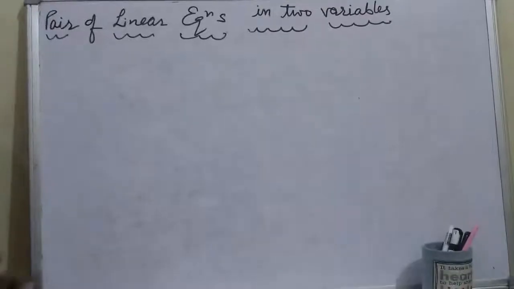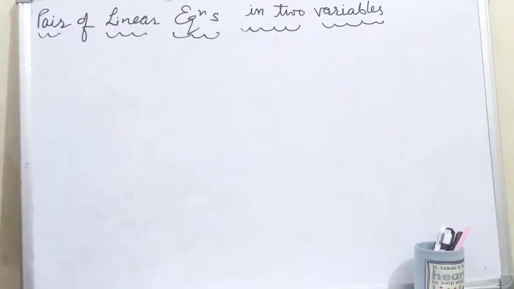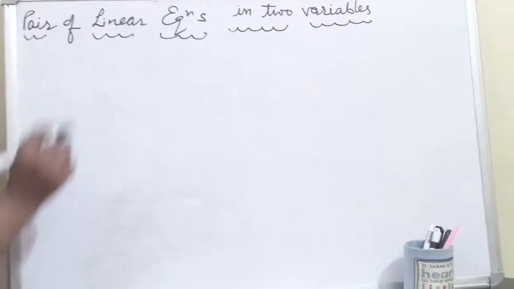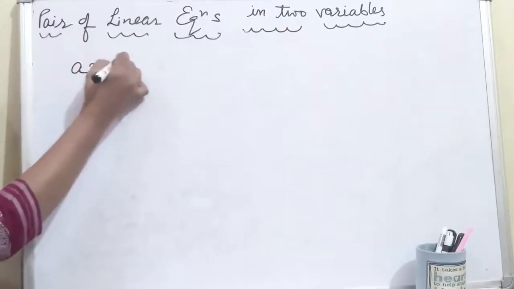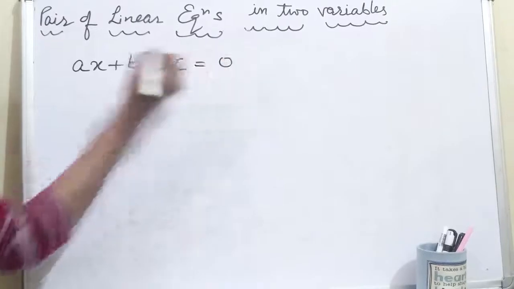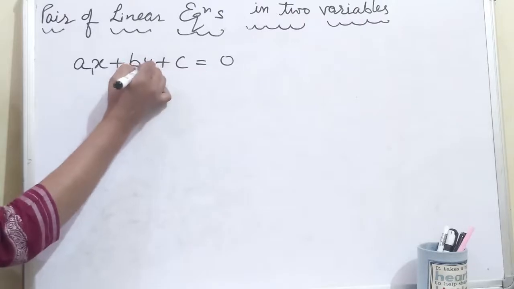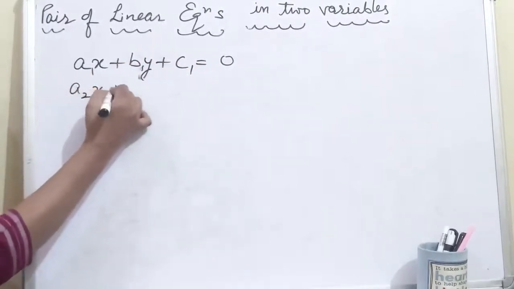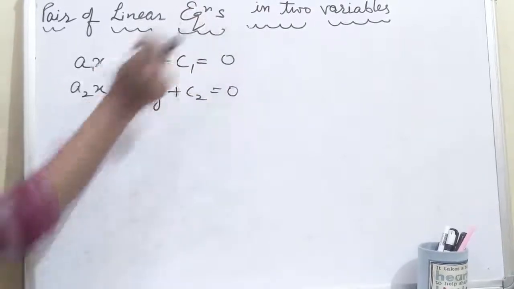Now we will talk about the graphical representation of linear equations. As I told you in the chapter on polynomials also, if I have a linear polynomial or a linear equation, because I want a pair here: a1x + b1y + c1 = 0 is the first equation, and a2x + b2y + c2 = 0 is the second equation, and both are equal to 0. That's why they are equations.